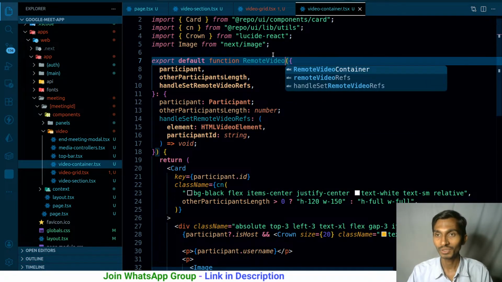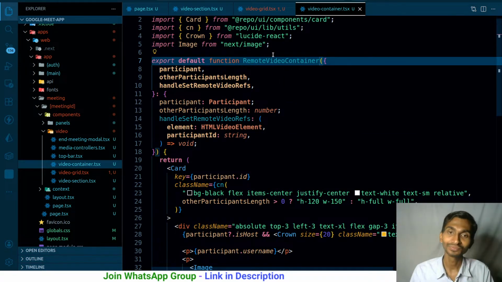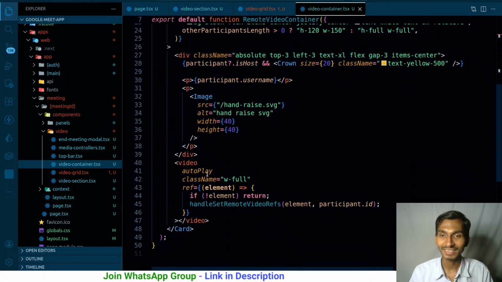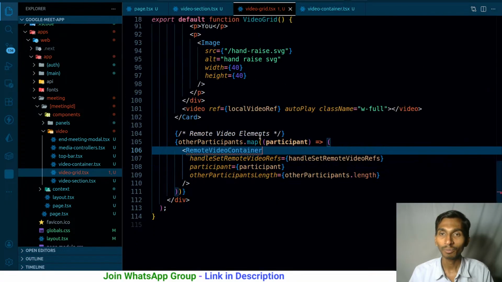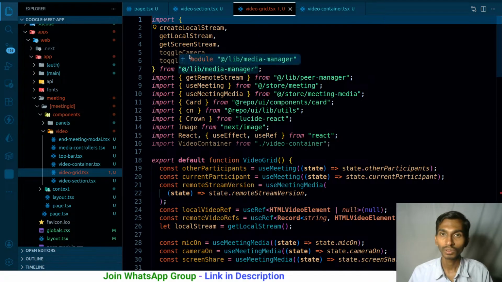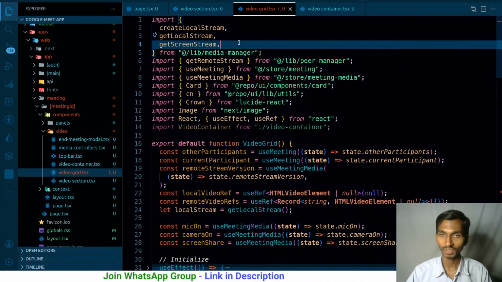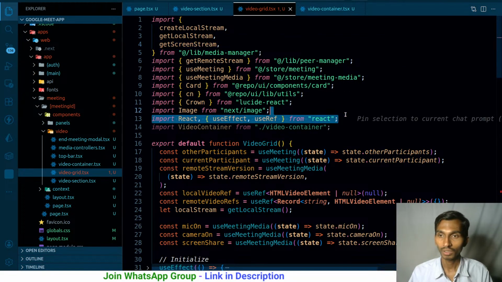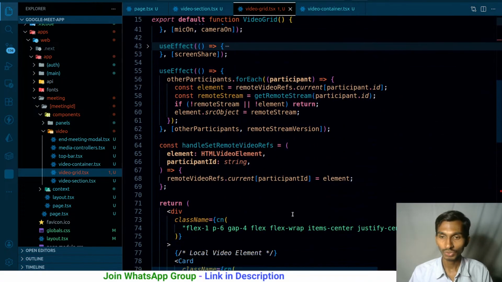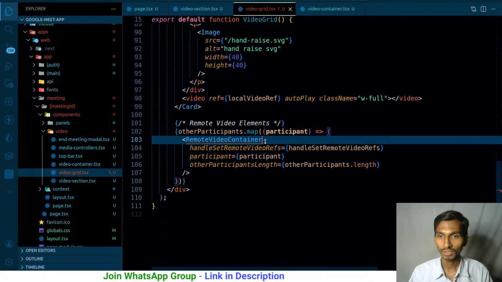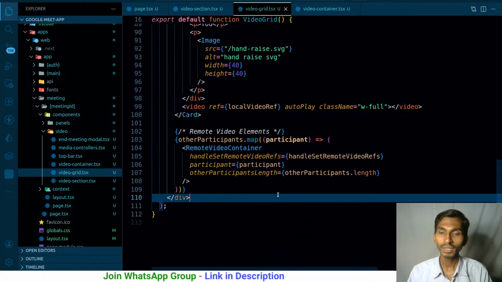Remote video container. So this is the thing that's done, and I'm gonna be getting these many things inside this, and this is the separate video container that I have, and it will be just simply getting these things done. What else? Coming back to this one, let's go to the top. Toggle camera and all these things are not needed. Let's simply get rid of them. Same here, this video container is not needed. Coming back to this one, I actually need to import it.